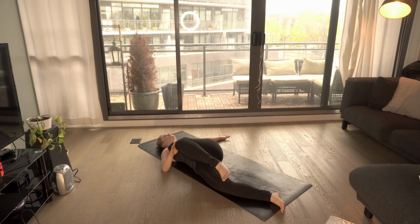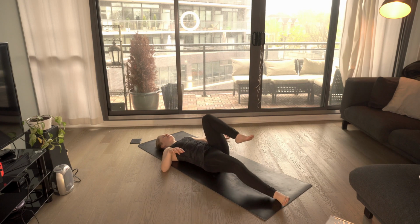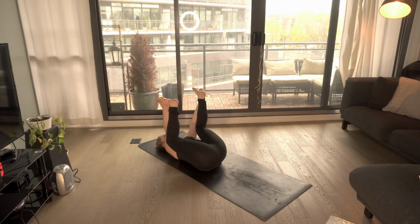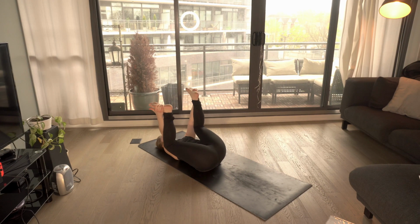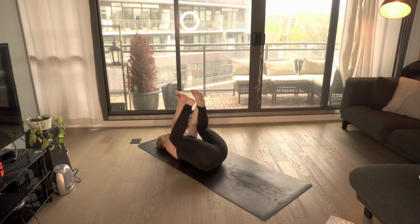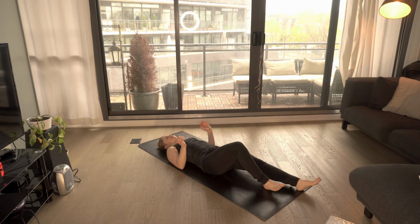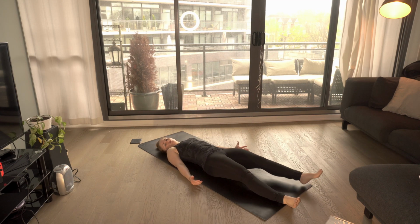From here, let's come back to center. Let's take happy baby one more time. So just grabbing the bottom of your feet and just slowly rocking side to side to help release that lower back. From here, we'll bring both our legs back to the ground and slowly get into our final pose, which is